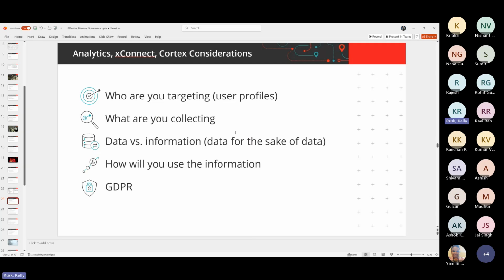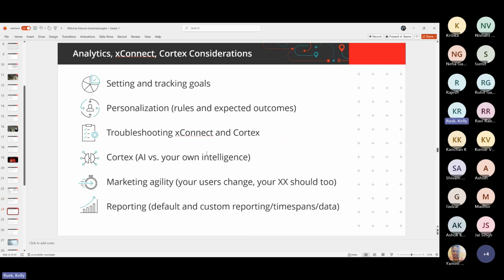What do I do with all this information I'm collecting? And at the core of analytics, personalization, and these aspects is the whole question of how do I get the data and what do I do with it? Do I use that data to tune the personalization experience? Do I maybe use that data to meet a particular outcome?